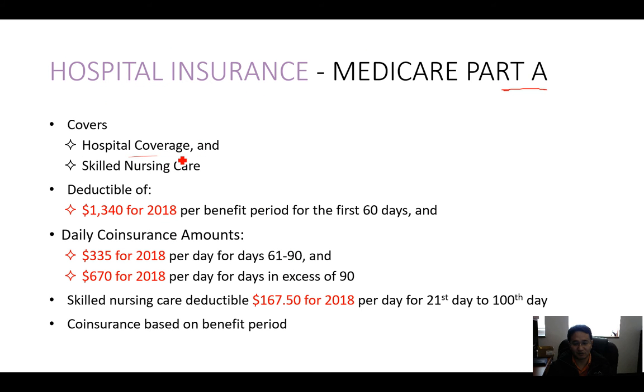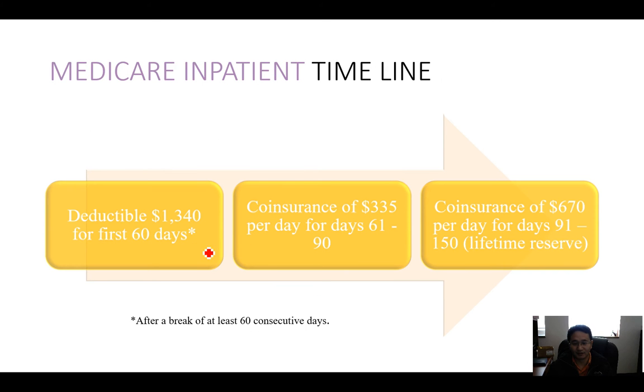Part A is just hospital coverage, right? They have some deductibles, and they have co-insurance. It's kind of high. In a skilled nursing home, you need to know that they don't cover anything after 100 days, so that's why we have long-term care. We talk about this. Okay? And then you guys can just pay attention to the deductible. It is some money, okay?